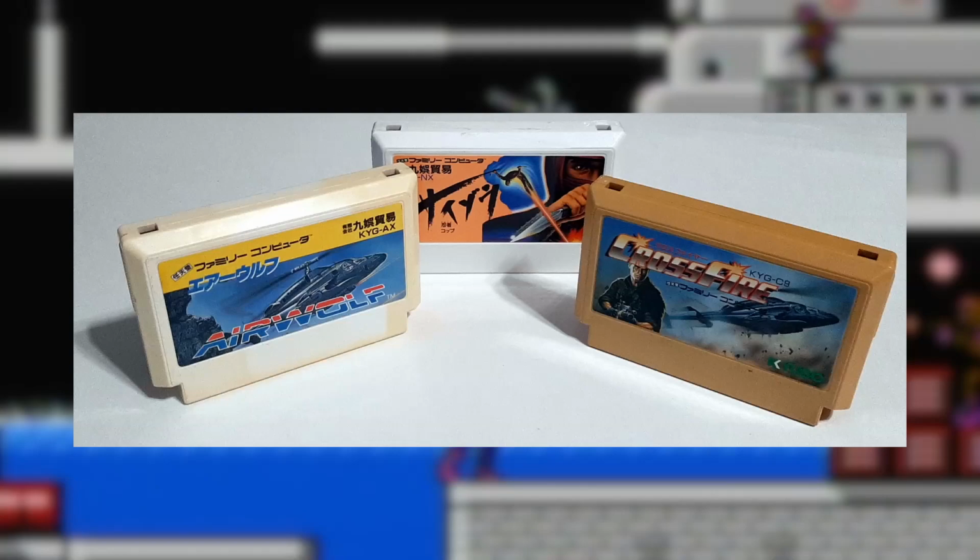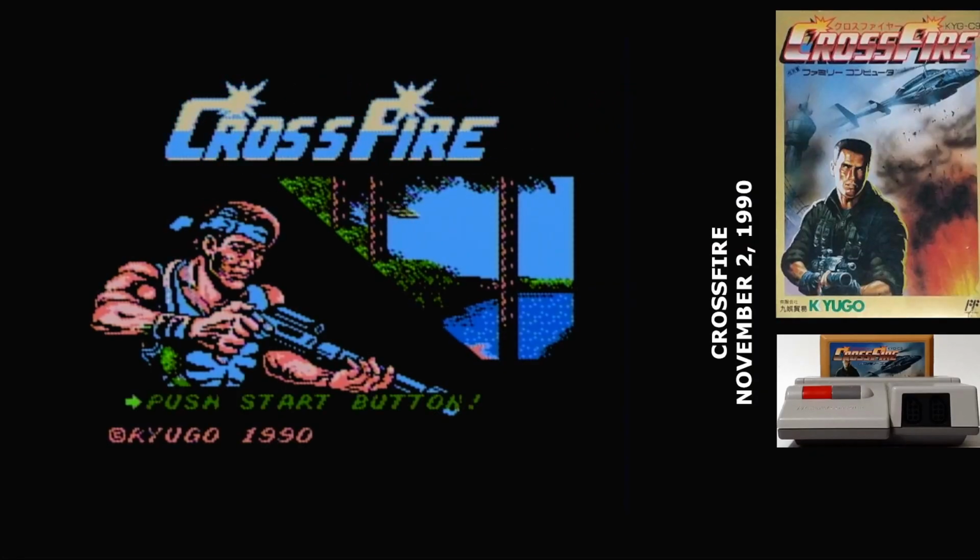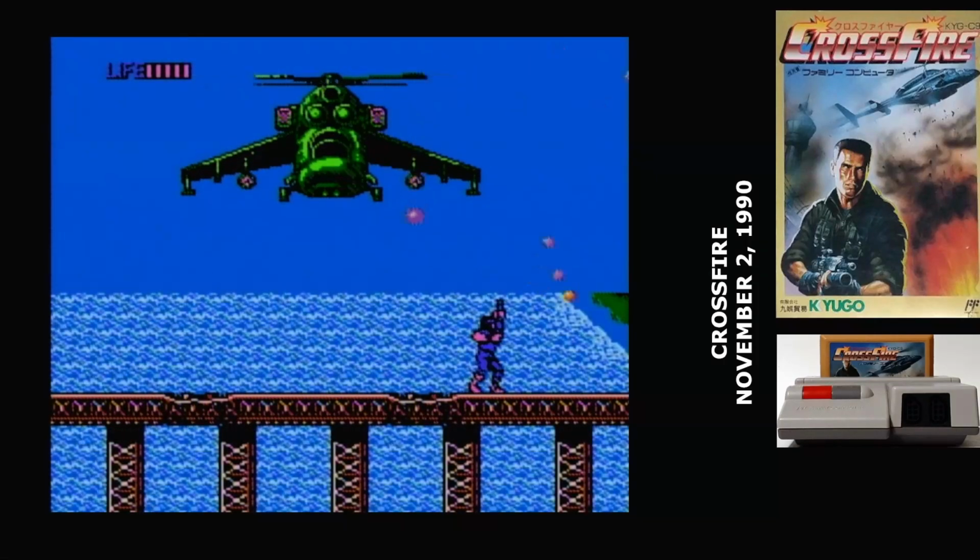This is the third and final Famicom game from microscopically small publisher Kyugo Boeki. Crossfire was actually developed as a sequel to one of their previous games, Airwolf. In fact, if you listen to the music on the title screen, you can tell it's a barely changed version of the Airwolf theme. And the really weird thing about that is that they didn't change the title because they